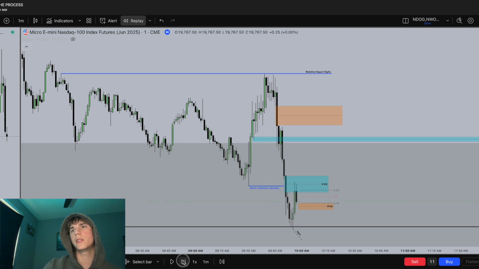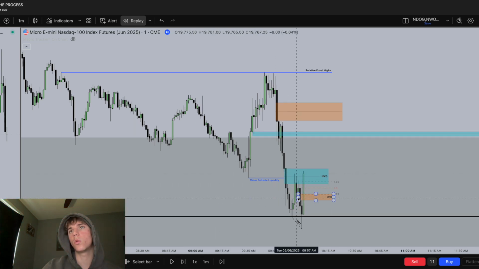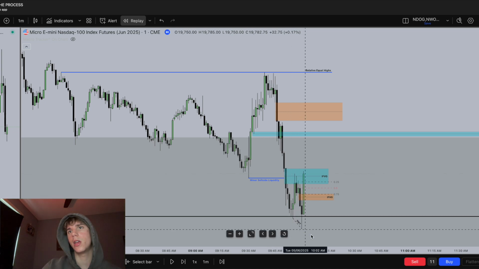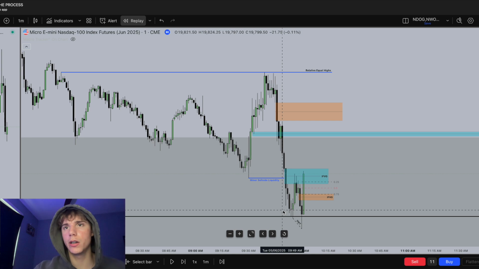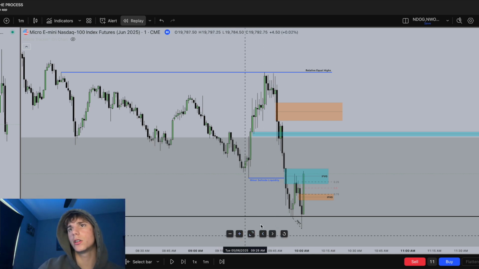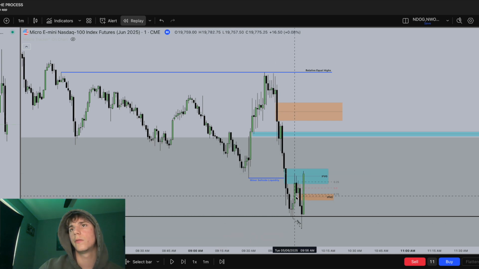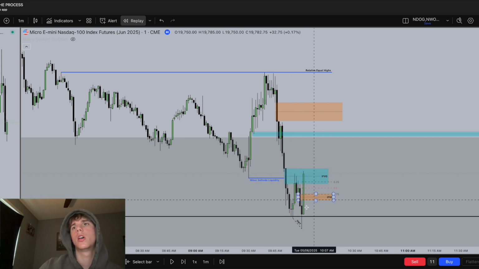We put in this sell side inefficiency, buy side imbalance while creating this SMT, and it's also like a breaker block. What I'm looking for here is, I didn't want to enter on this fair value gap to the upside. It was too small and there was no market structure shift. As you can see right here,